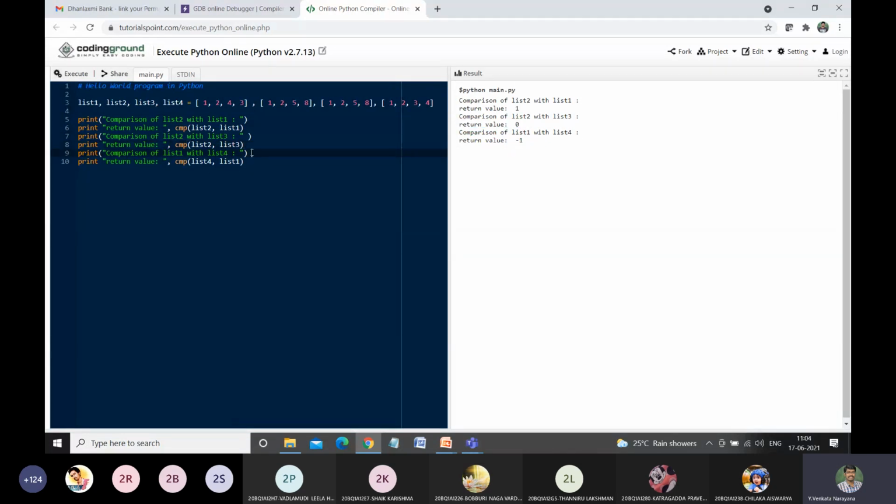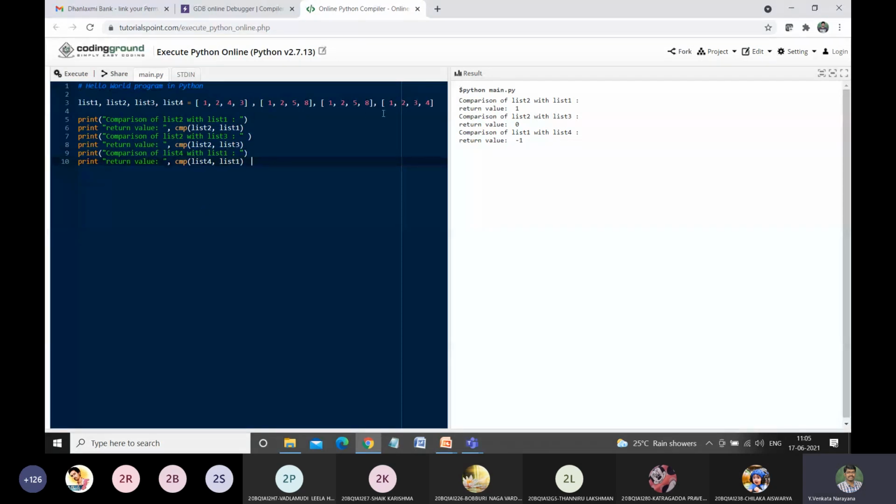Now coming to the comparison of list 4 with list 1. List 1 is 1, 2, 4, 3 and list 4 is 1, 2, 3, 4. So list 4 is being compared with list 1.